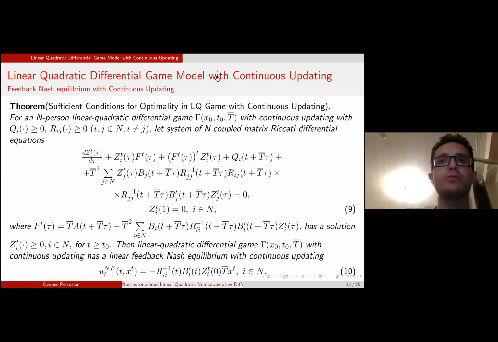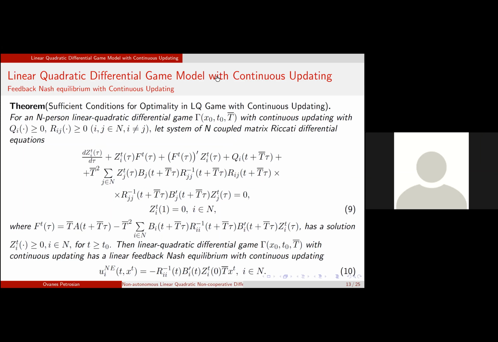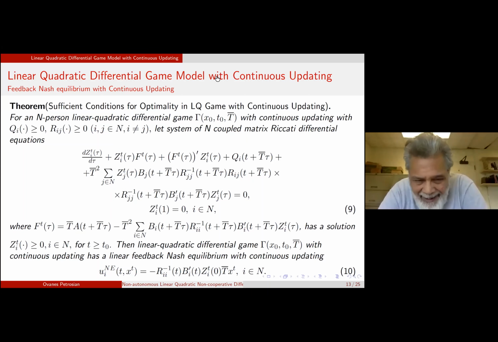Was it the question, or should I? No, well, it was a comment and a question. The comment is, this is known as a moving horizon decision-making problem, with a single decision maker as well as multiple players. But then my question is, your assumption is that all players have exactly the same. But he has only one player, one human, and the other thing is a machine robot.